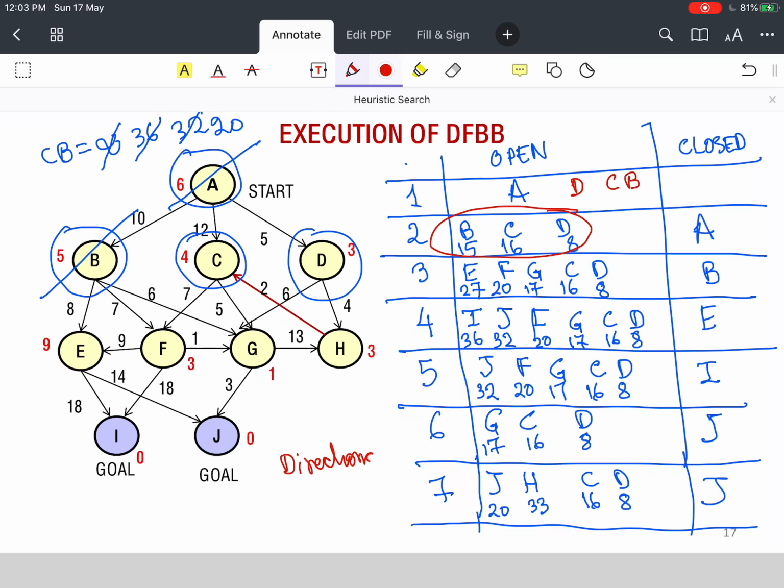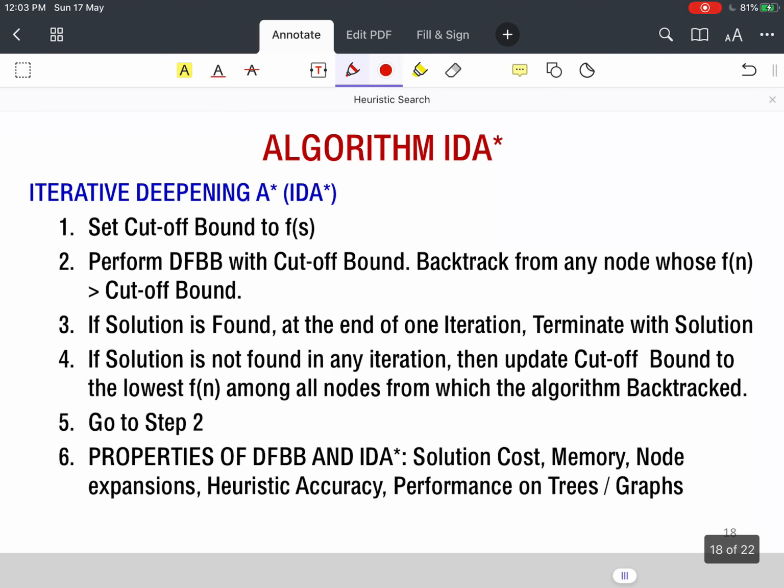So depth first search is directional. It depends on the direction in which we do the search, and therefore the solution that is obtained as the first solution is not the optimal, but it can continue to find the optimal solution, and then it does a directional search.